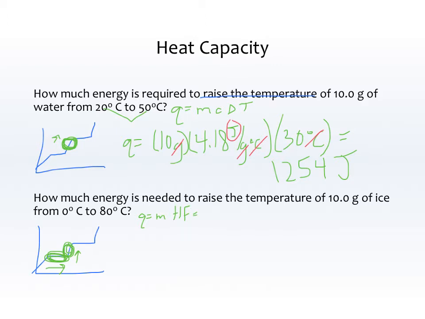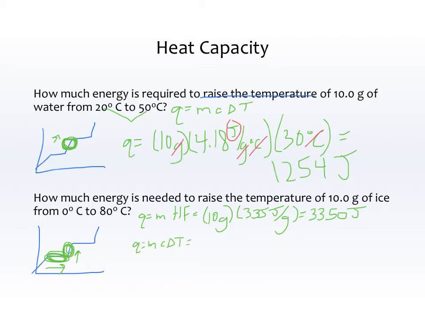The mass is the same, 10 grams. But now we're looking at HF, not specific heat, and that's 335 joules per gram. So multiply that, you get 3350 joules just to melt the ice. Once it's melted, and now it's liquid water at 0 degrees, my new formula, Q is equal to MC delta